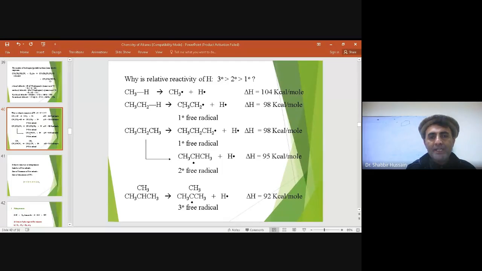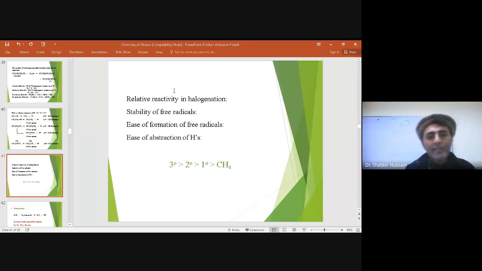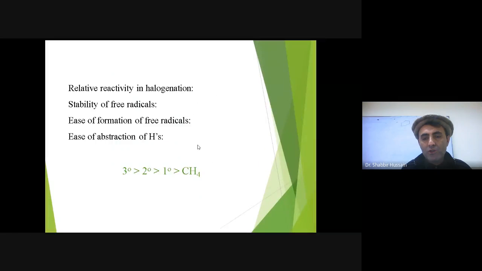And among primary free radicals, again, the methyl free radical requires more energy than the ethane free radical, right? Because the ethane free radical is more stable than the methane free radical. So when we are talking about these four important concepts, relative reactivity in halogenation, or if you are talking about the stability of free radicals, if you are talking about the ease of formation of free radicals,